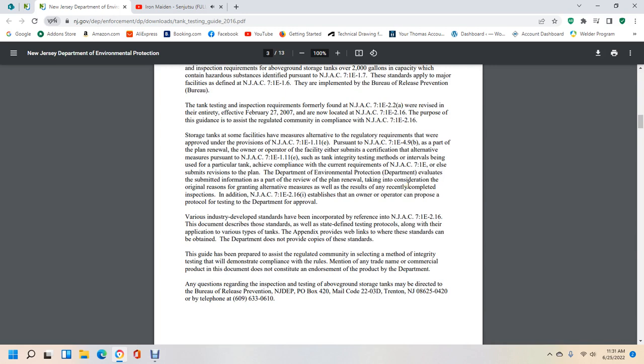Some facilities have alternative measures to regulatory requirements for storage tanks, where they are approved under the provision in New Jersey Administrative Code 7:1E 1.11, pursuant to the New Jersey Administrative Code 7:1E 4.14(b). As part of the plan renewal, the owner or operator of the facility either submits certification of alternative measures pursuant to the New Jersey Administrative Code 7:1E 1.11, such tank integrity testing methods and intervals for the particular tank, each in compliance with the current requirements of the New Jersey Administrative Code 7:1E, or else will submit revisions to